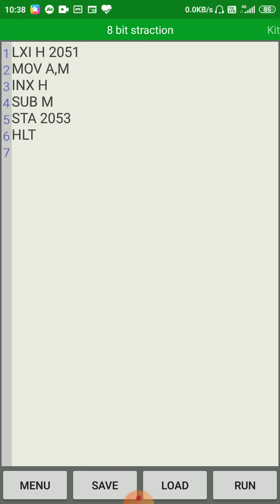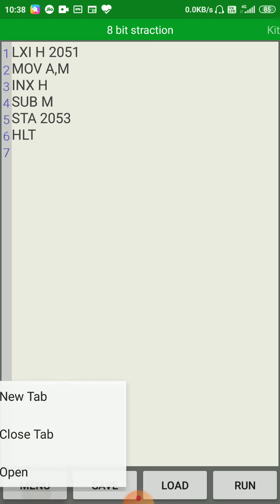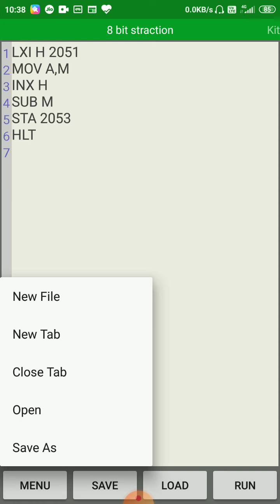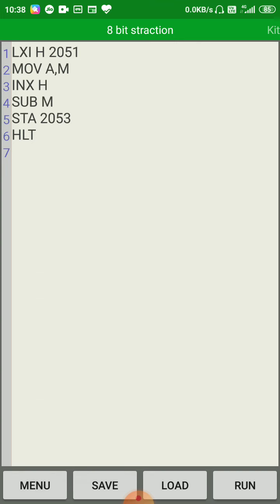You can see menu options: new file, new tab, close tab, open, save as. Save, you can save your file. Load, you can load this file to the microprocessor, and after that you can run this program.